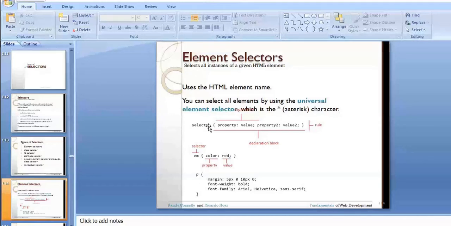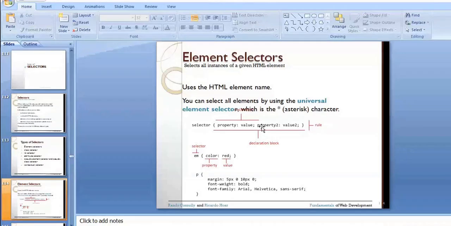Whenever you use the asterisk symbol, whatever property value or style you have specified is going to be applicable for the complete document. This is for selecting all the elements of the document. Whenever you want to maintain the same appearance for the complete document, you can use the universal selector by specifying the asterisk symbol in place of the selector.